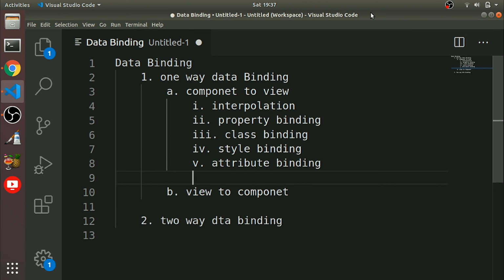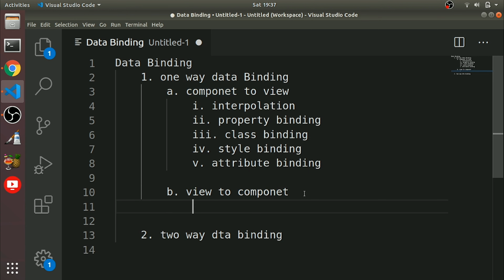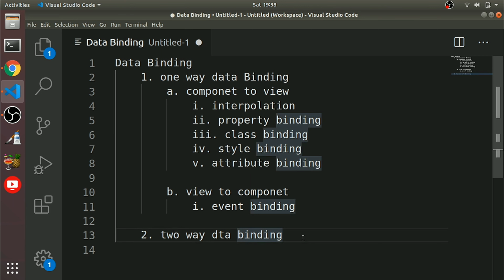And in view to component we have event binding. We'll explain each of the ways one by one.